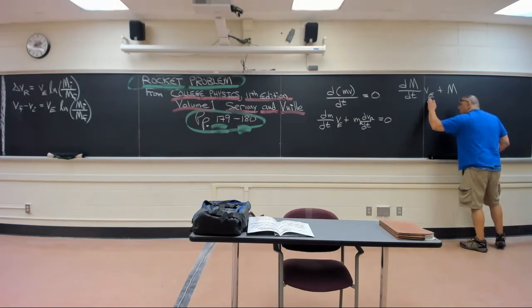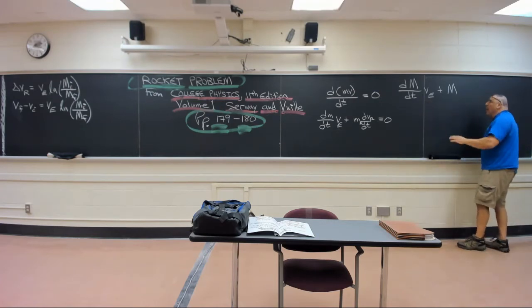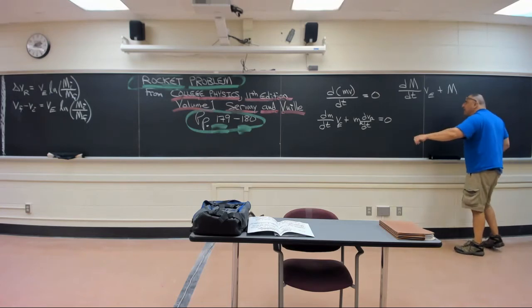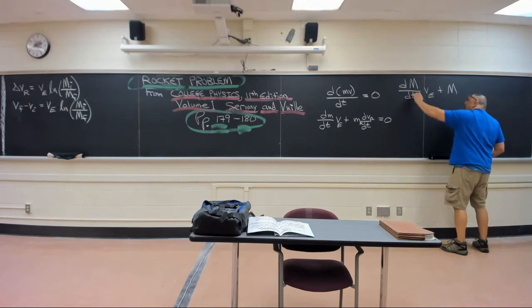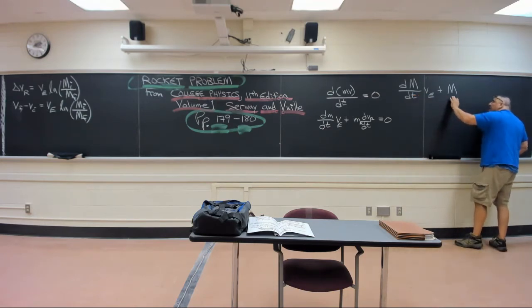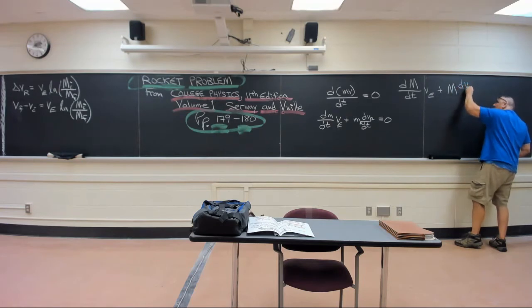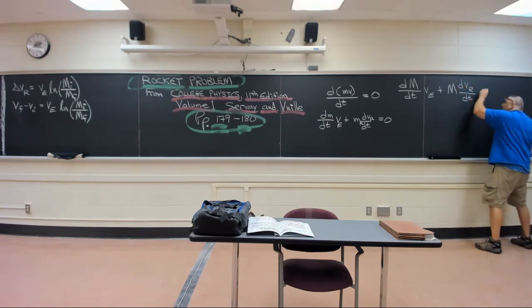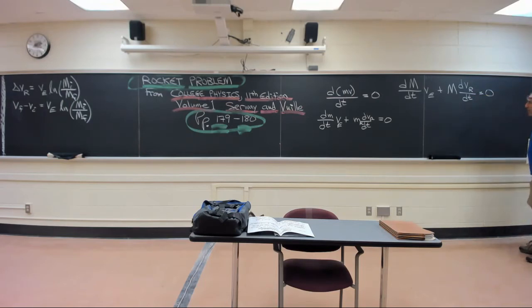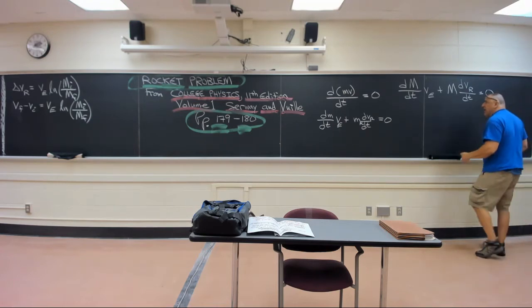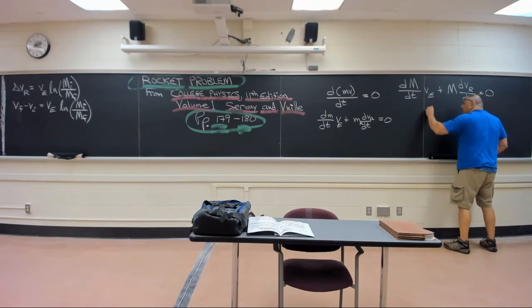But the exhaust speed is associated with pieces of the rocket, the exhaust fuel, and then other things later on that are allowed to come off of it. The rate at which the rocket's losing mass and the speed at which the mass is being expelled, plus the mass of the rocket and how fast the rocket's going, is equal to 0. So there's a lot that can be said here, guys, when we do this. We can actually say that, get that over to the other side, you got dm/dt,